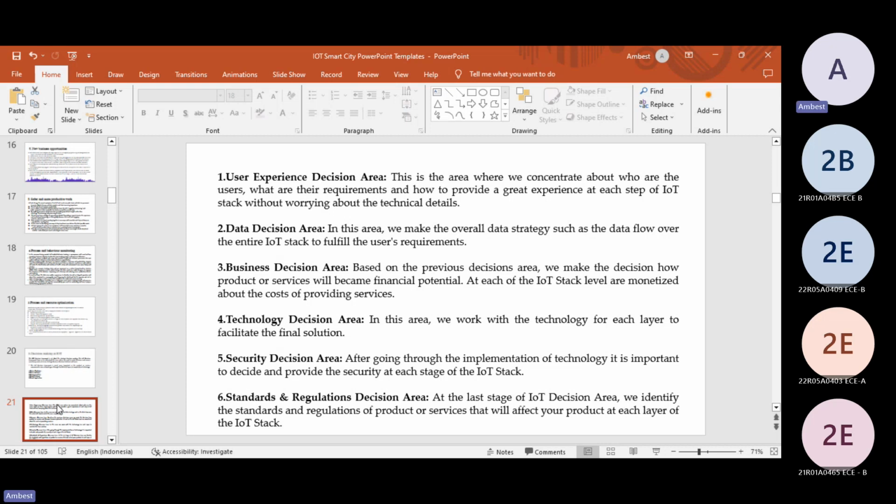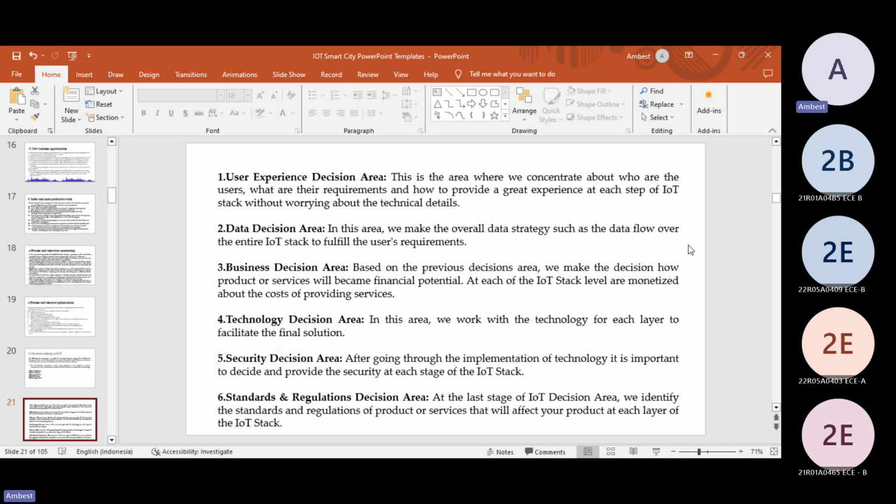And the third thing was the business decision area, which is based upon the previous decision areas. This is going to make a decision on how the product and services are going to become financially potential. So the fourth thing was the technology decision area. With this, they're going to work with some kind of technologies, and they're going to facilitate each layer to the